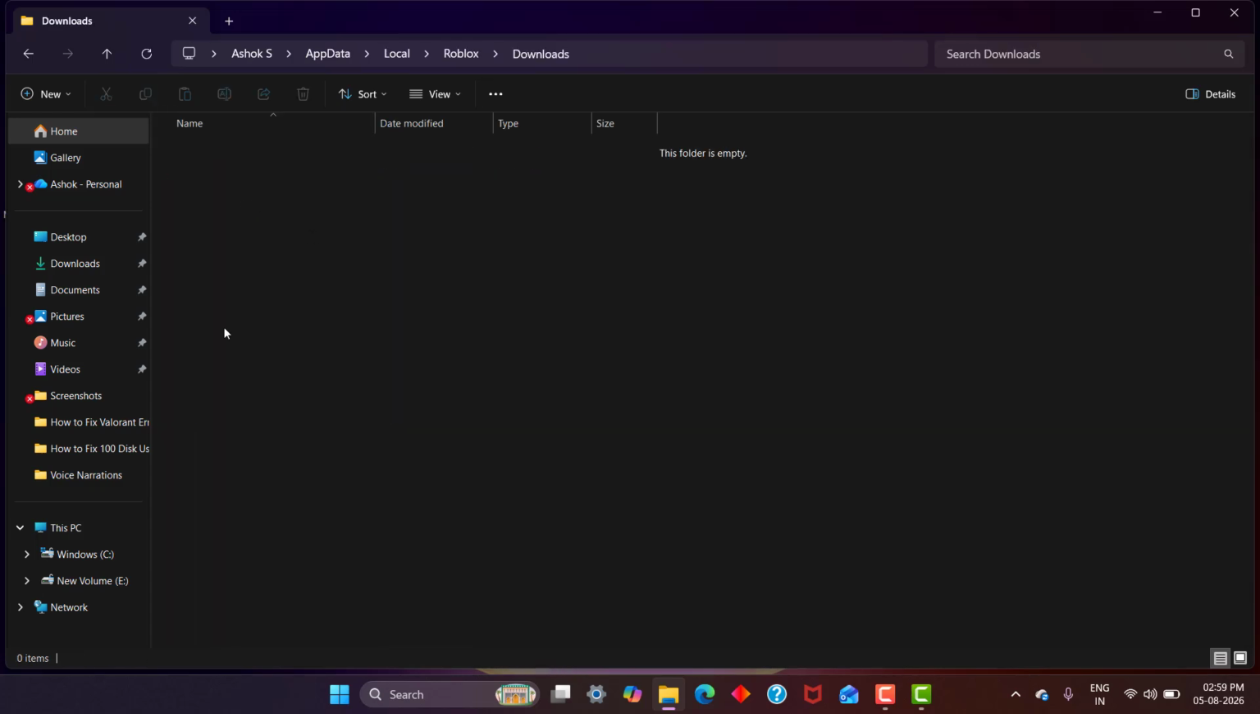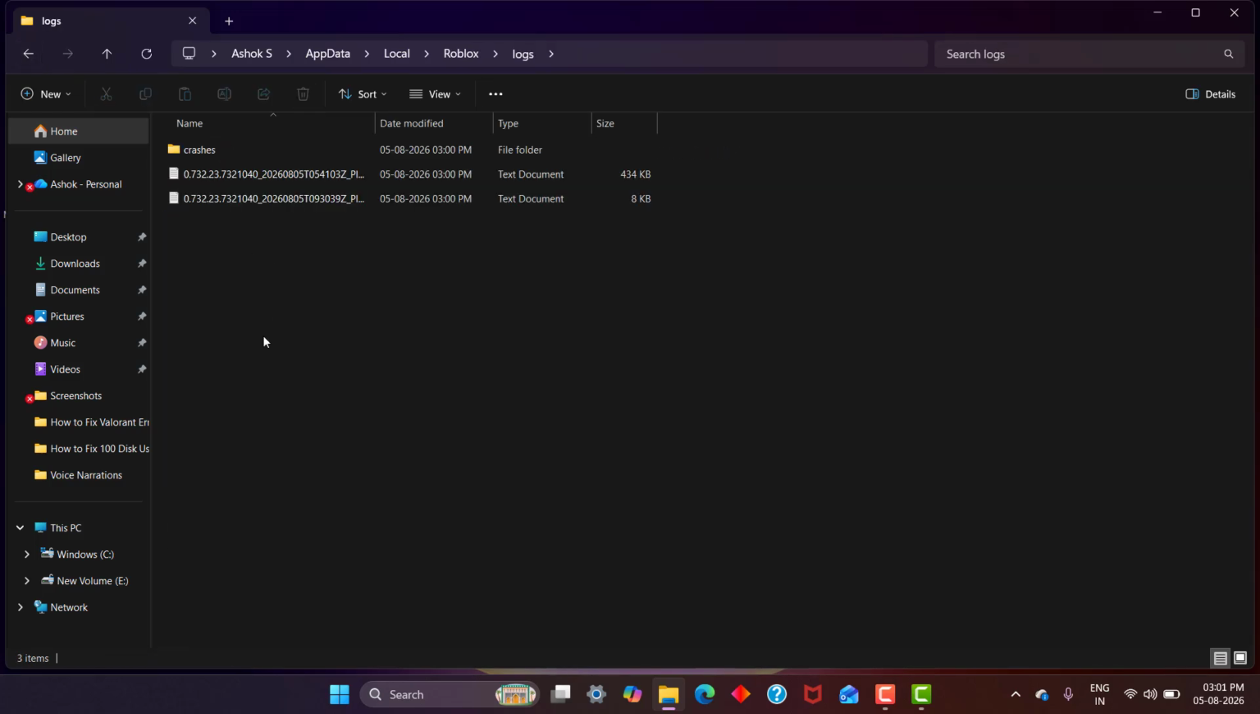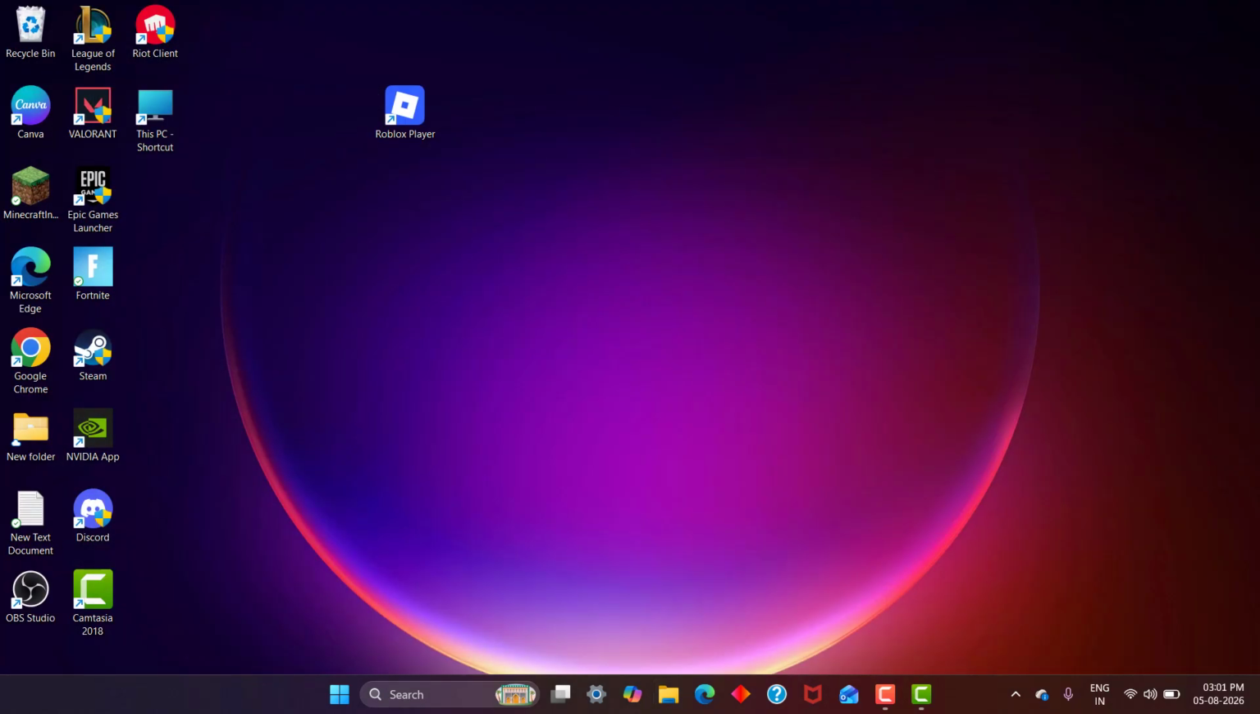click the download folder, delete the files inside the download folder, come back, click the local storage folder, delete the files inside the local storage, click the log folder, delete the files and folders inside the log folder, come back, then move on